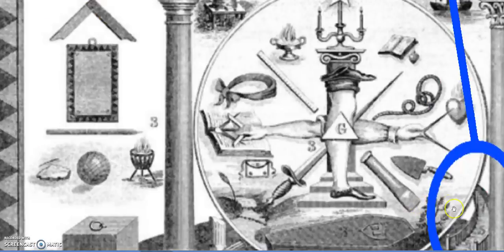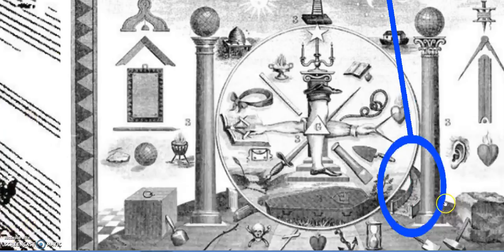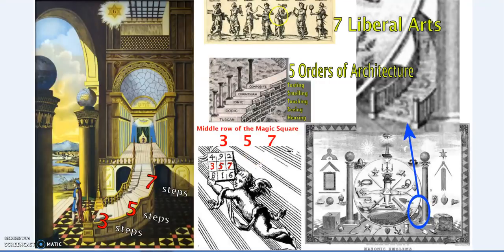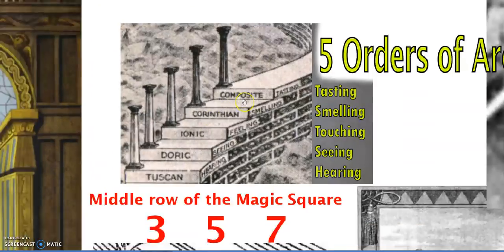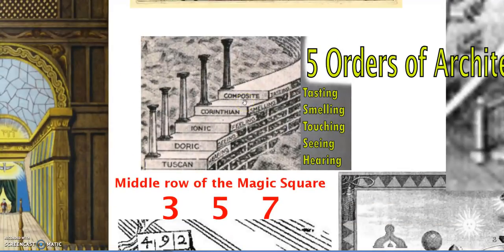And if you zoom in on this particular Masonic board, we have the stairway of 3, 5, and 7. And there are more than a few others, but for instance the 5 orders of Roman architecture, which also connect to the 5 senses: Tuscan, Doric, Ionic, Corinthian, Composite. And these are all very important. Also systems of measure, systems of music, and